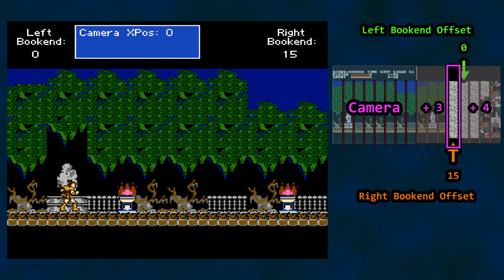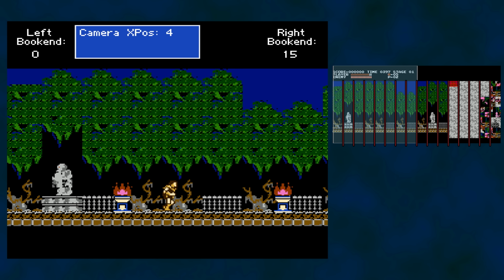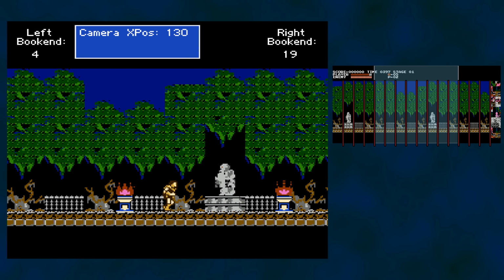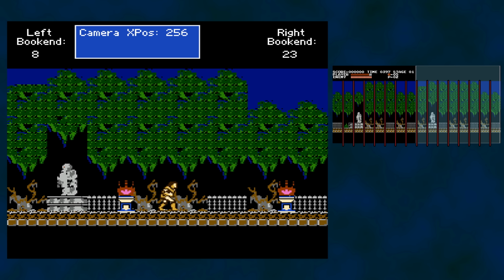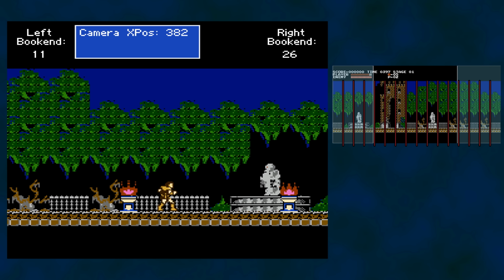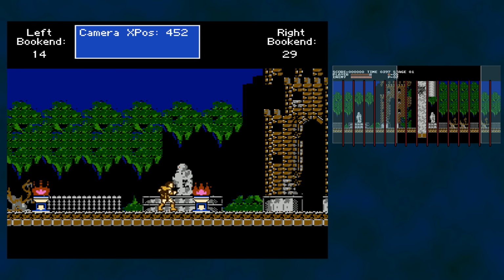They are left over from our little hack. But as you know, this will be the first column to receive background updates when we walk to the right. The appropriate graphics overwrite the leftover data. We now know about column layout, camera movement, and the bookends changing after every 32 pixels of continuous camera movement